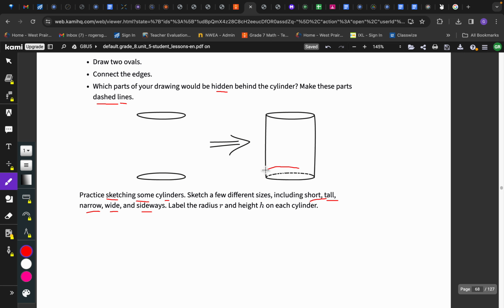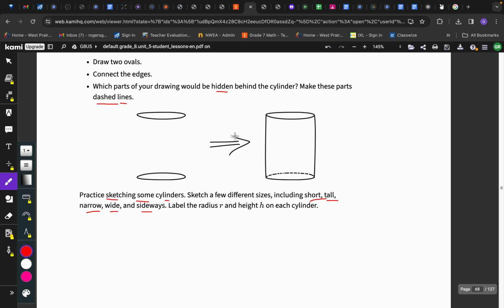That's kind of what I just did right there. It just means that you can't technically see that part. So if you make it a dotted line, you can't see it. We can technically see everything on the top, but you can't see the bottom. So long story short,